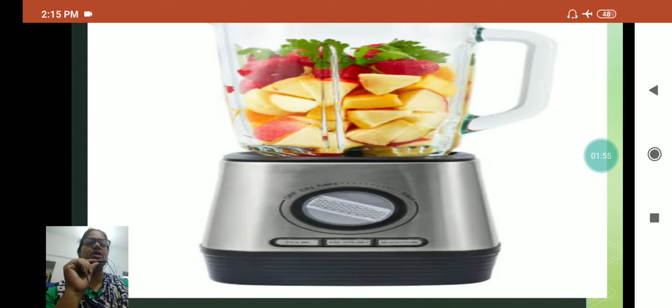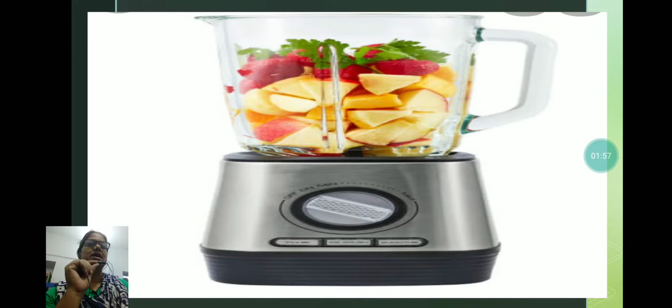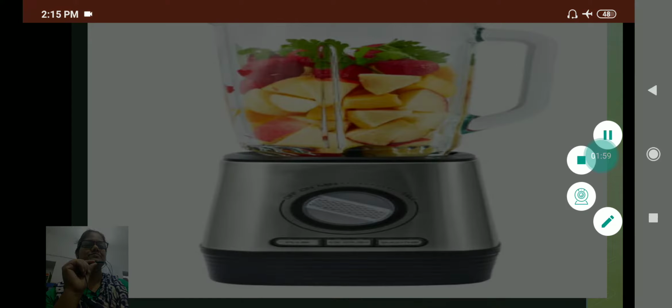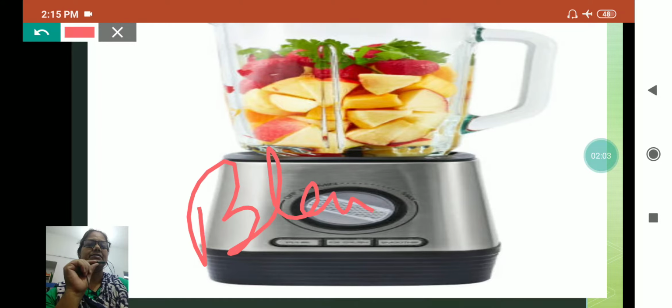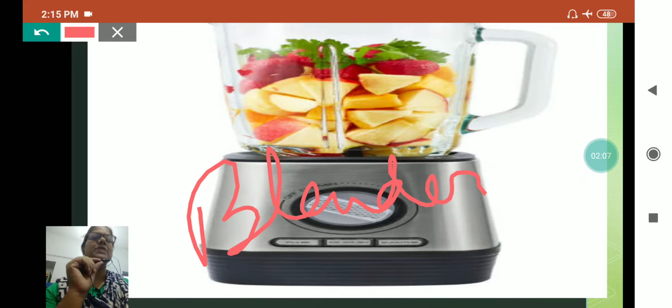Now I am showing you the next kitchen utensil, the blender. This is the picture of a blender, and I think everyone has one at home. Usually in these days, while making mango shake, or in winter while making cold coffee, we use this blender. Not only for these things, for many more things.